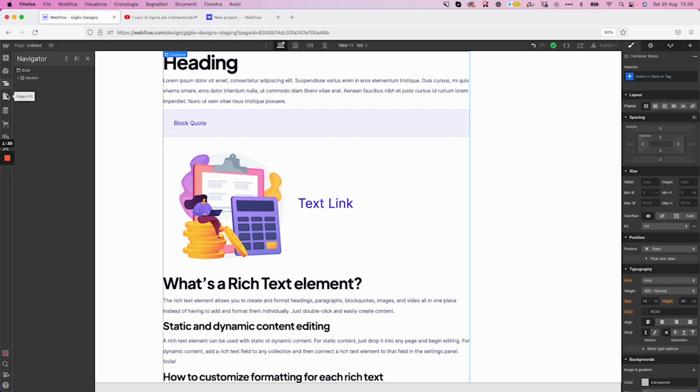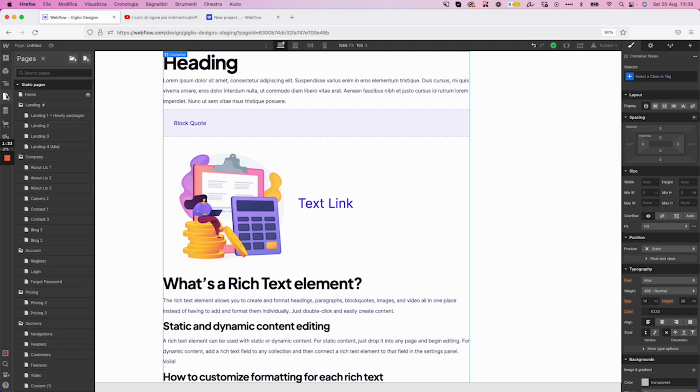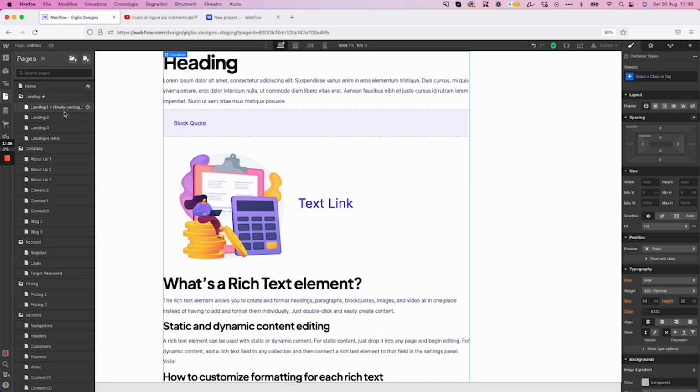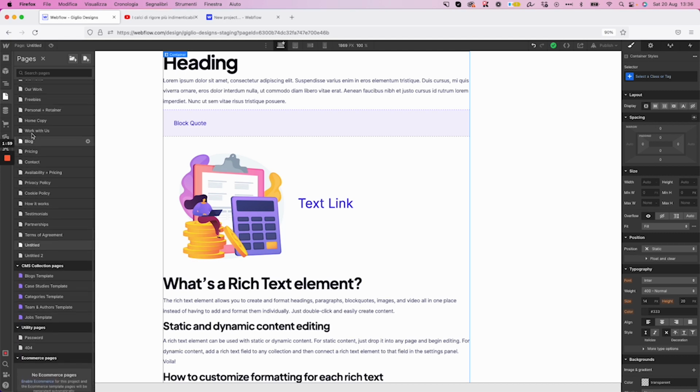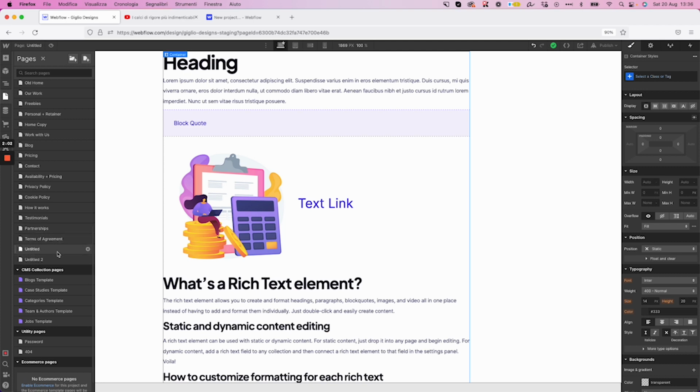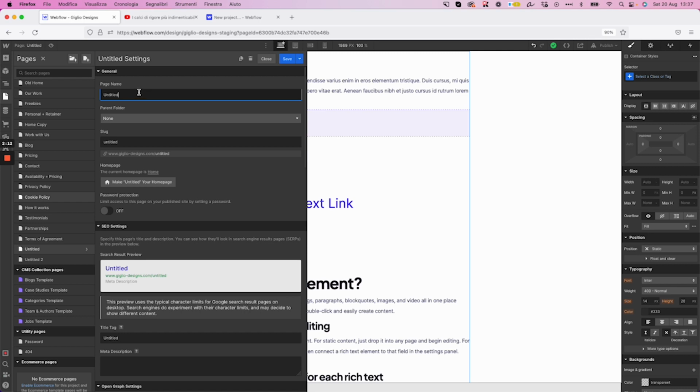Now, another important thing to consider on Webflow are the pages. So if you click on pages, you're going to be able to find all of the different pages which create this website. And nested within each and every one of them are folders. So if you click on the folder, you can expand or basically contract the different pages which are in the folders. And if you scroll down to the very bottom in this case, you're going to find the page where we're currently at highlighted. And in order to change the settings of the page, simply click on this cog icon,